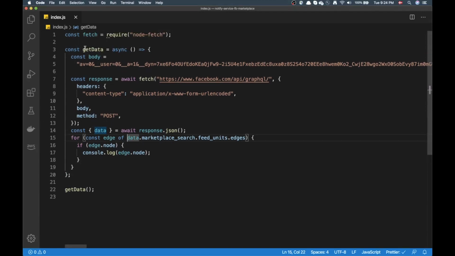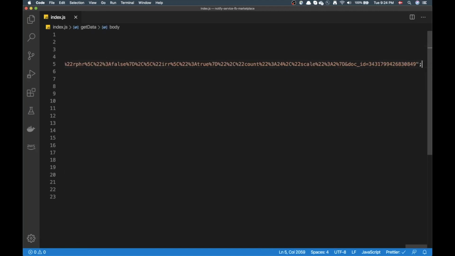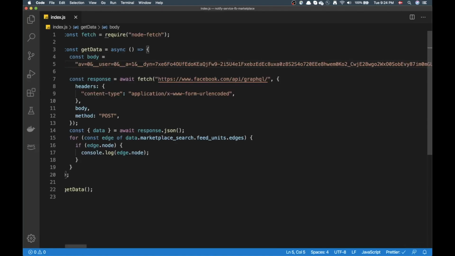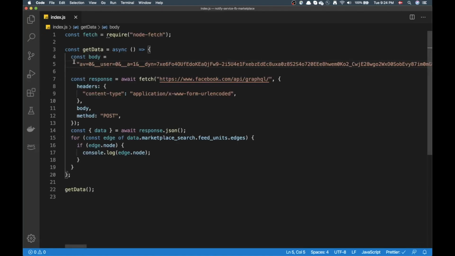Currently you can see I have a function here called getData. I have a body here which is pretty much a gigantic string. I'm going to talk a little more about this later, how we can break it down and edit this stuff without it getting too messy. Okay, so this is the body, and here is our fetch request, which is just a post request to the